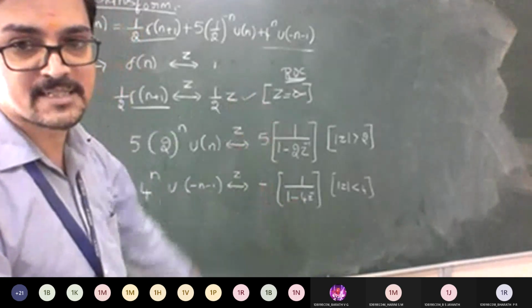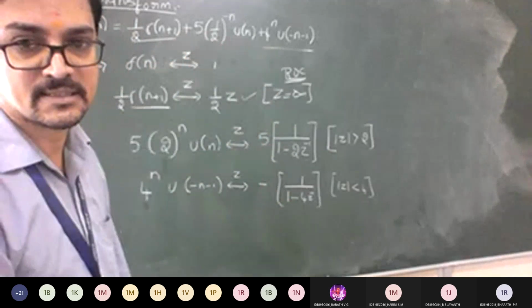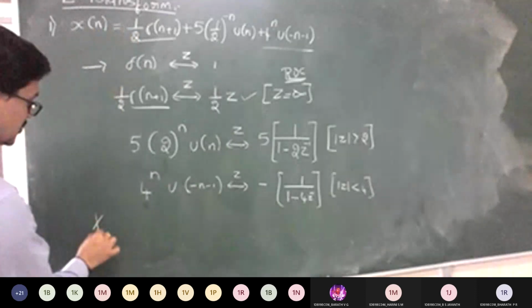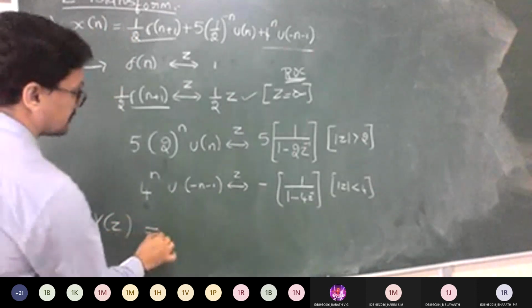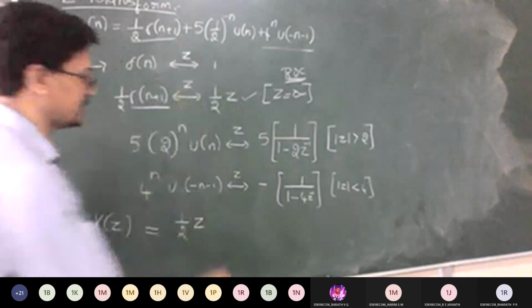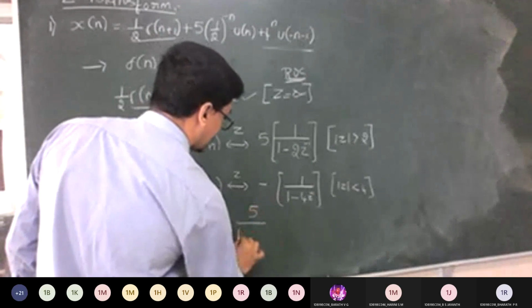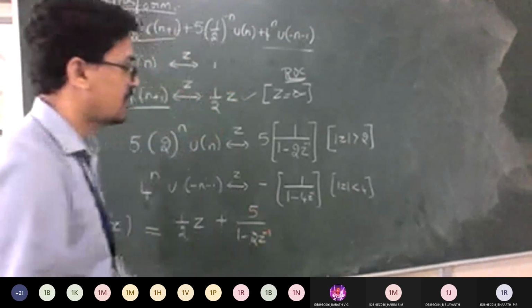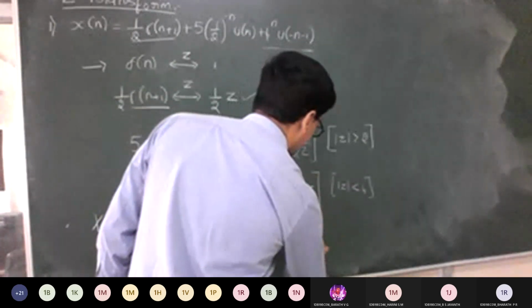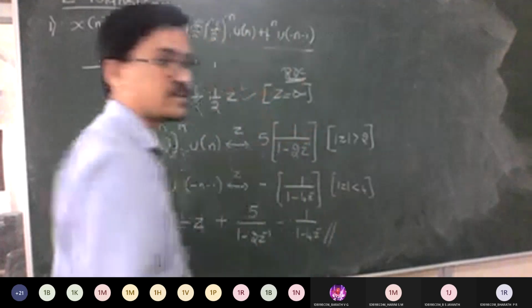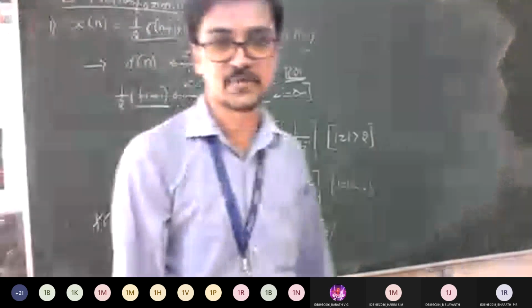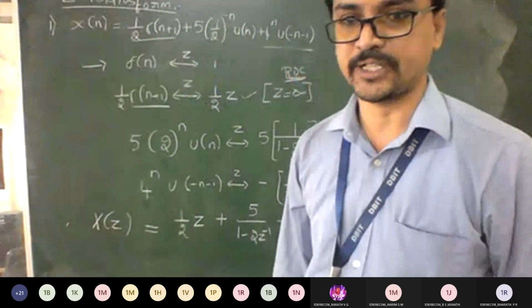So do we have all the answers now for the individual given time domains? So can I write them together in X of z? So at the end you conclude, therefore X of z is equal to 1 by 2z, plus the second answer, 5 divided by 1 minus 2 z raised to minus 1, and the last answer, plus minus becomes minus, so minus 1 divided by 1 minus 4 z raised to minus 1. So this is the way you are supposed to calculate a Z transform for the given problem using a property condition.